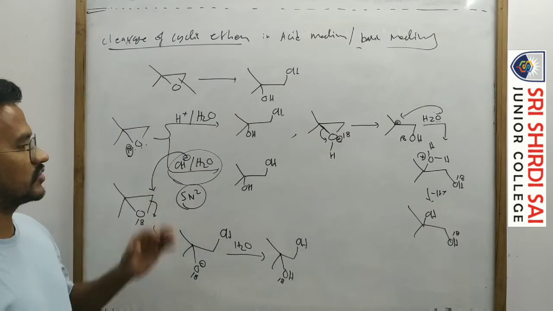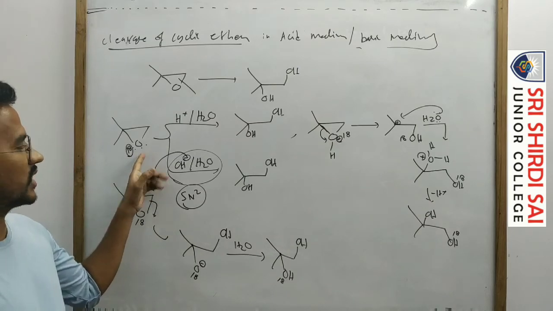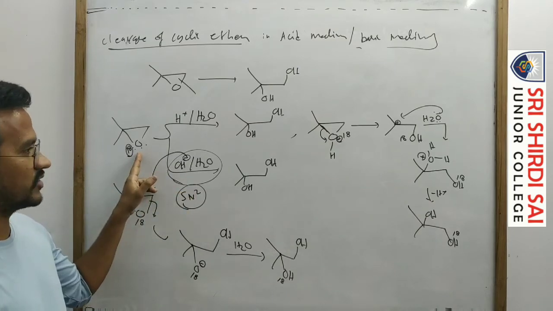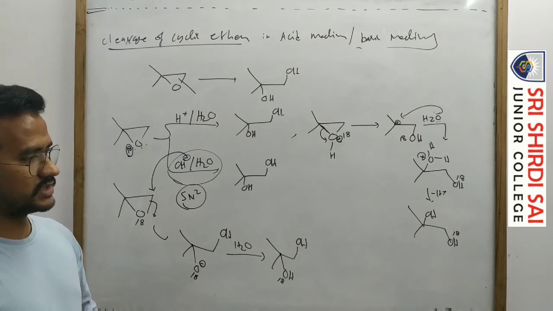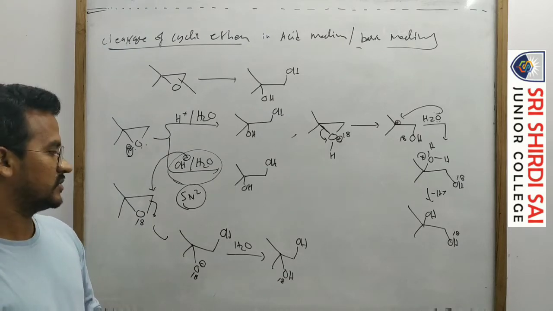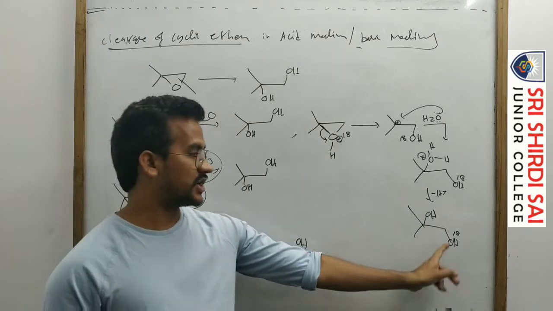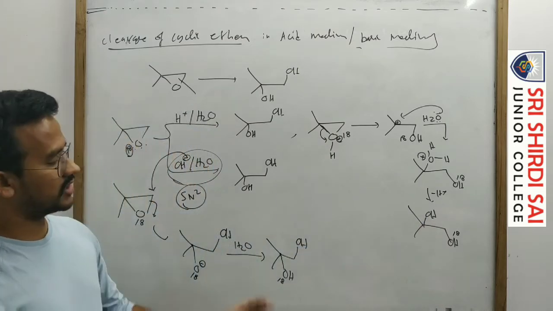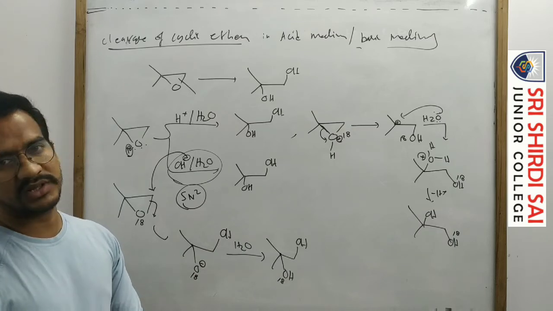If this oxygen is an isotopic label, that means here oxygen isotopes O16, O18 are available. So in this case we will get a different position of the OH18: OH18 on the tertiary carbon in one case, OH18 on the primary carbon in the other. In both cases the product is the same diol, but the mechanism path is different.